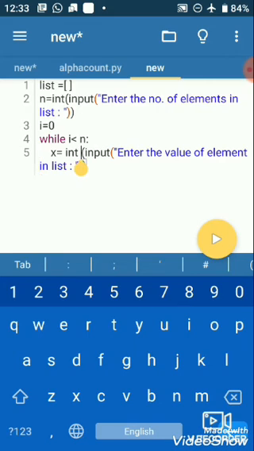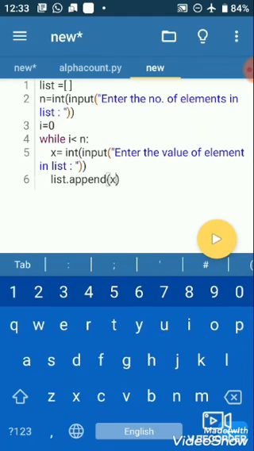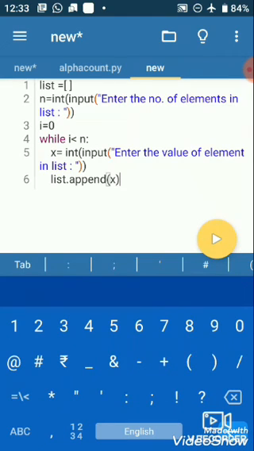Okay. Then after, we append this value into our list. So our list is list dot append, and the value is x, which was inputted by the user.